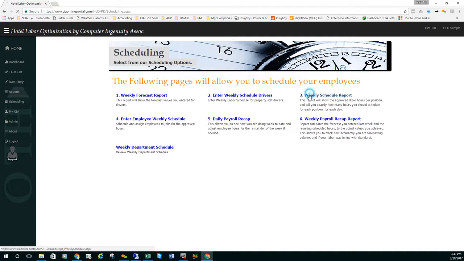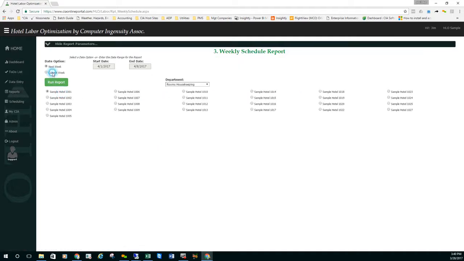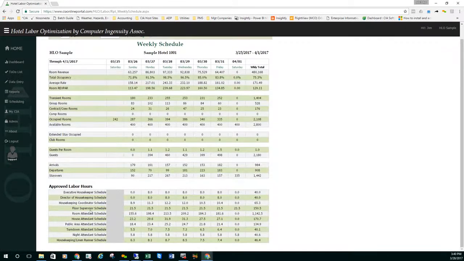Now we're going to go into number 3, which is going to be a printout of your report for you to be doing your scheduling. So you'll notice in here it's going to give you all of your approved hours based on the drivers that you have in your DREV system and CIA system. But what it's also going to do is give you the information that will be pertinent to how you schedule your people, such as your arrivals, departures, and stayovers. And how that affects it is you're going to want to know, for your arrivals and your departures,